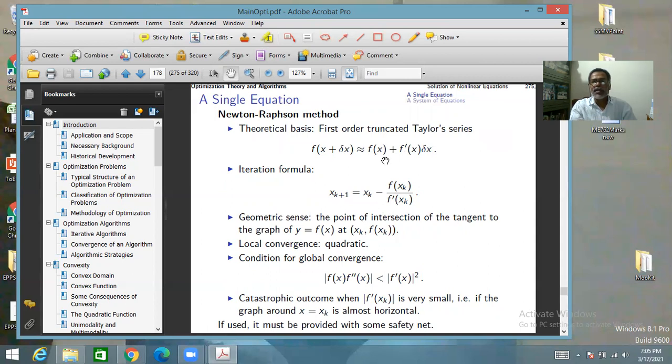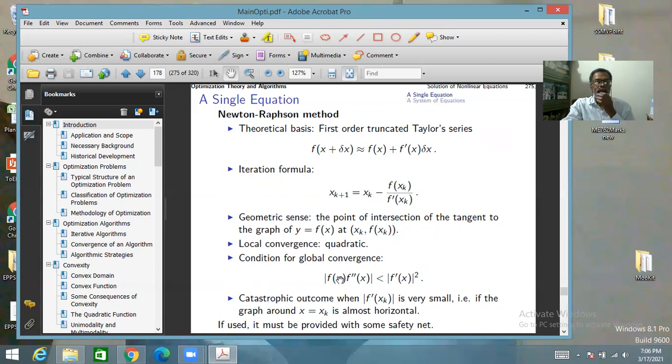The geometric sense of this formula is basically to draw a tangent at the current point (xk, f(xk)), and wherever that tangent crosses the x-axis, to take that as the next iterate. Its local convergence property is good, as always happens with Newton kind of methods. Essentially, this is directly linked to Newton's method for optimization, and global convergence typically is not guaranteed, but if